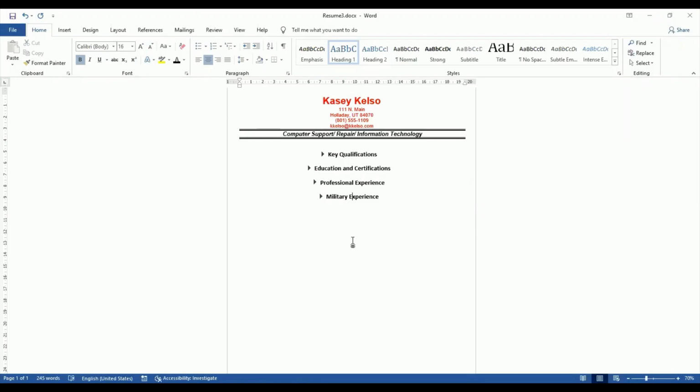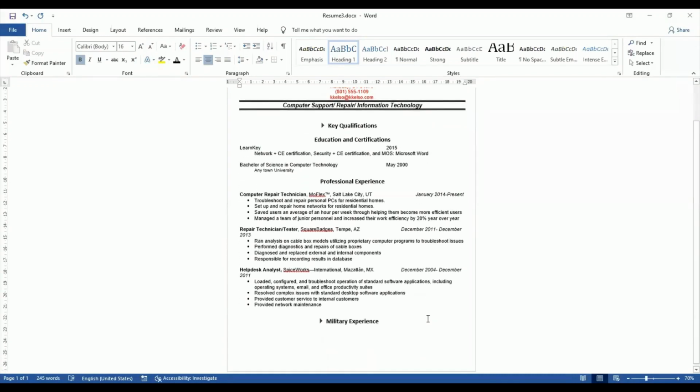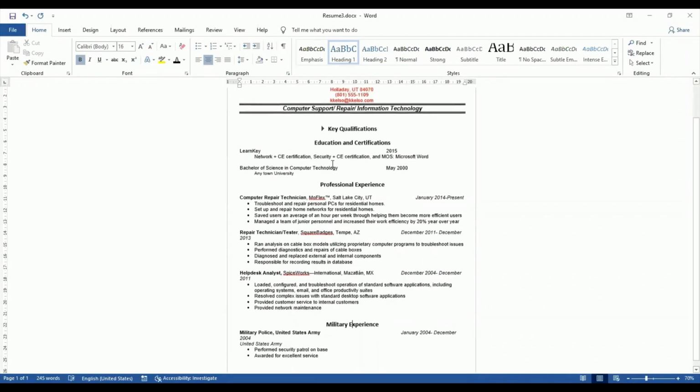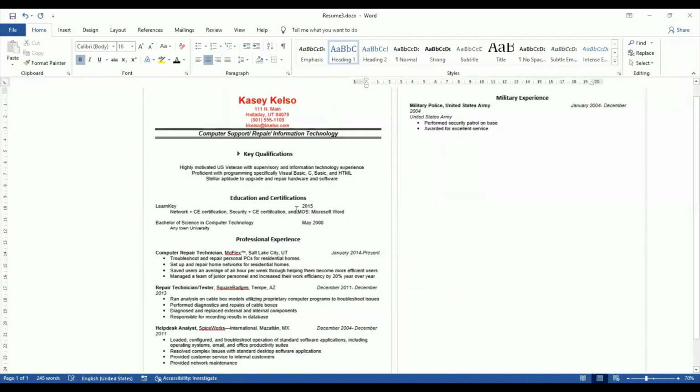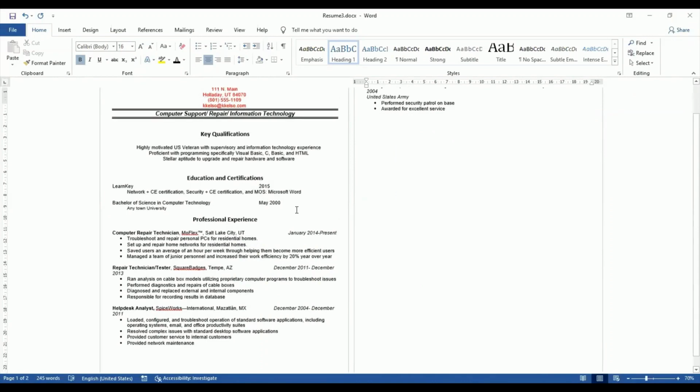So tomorrow I can collapse all my matter and I can say I want to understand what is under education and certificates only. I will switch this on. I'll be able to only focus on this. Then I'll say, okay, I want to know about professional experience. I will switch it on. I will get data of professional experience only. Military experience, I will switch it on. Like this, key qualifications, I will switch it on. Like this, I can create my heading